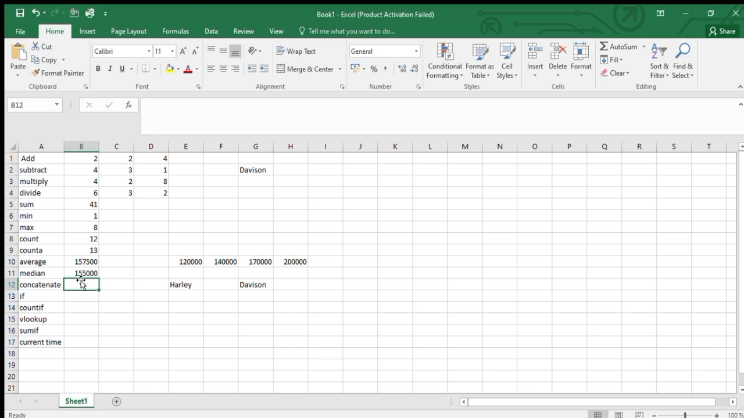Let's press equal sign, then say concatenate. That is it, concatenate. Then you press in this cell Harley, comma, press also on that space, comma, then you press on Davison, then you say enter. As you can see,